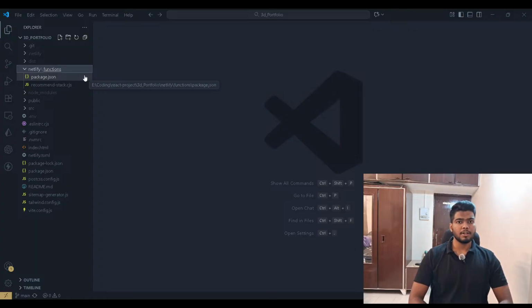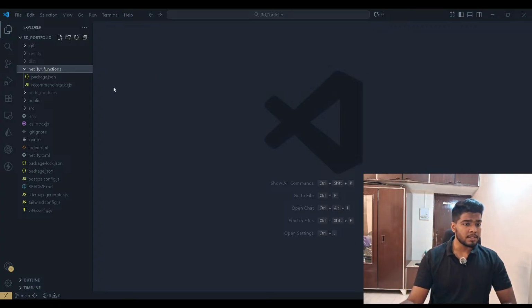So I went through what it is and how it works. Here, you can see there is a folder named Netlify, and another folder named functions, and below that there is a package.json and a main file which handles the main logic. Netlify functions are nothing but a small backend server which Netlify gives you, so that you can have all the backend logic in the main file, and you can use it directly by calling that particular file, just like an API call.